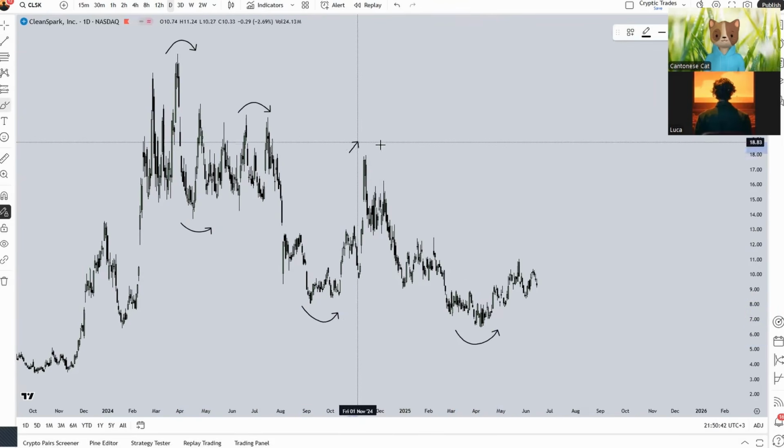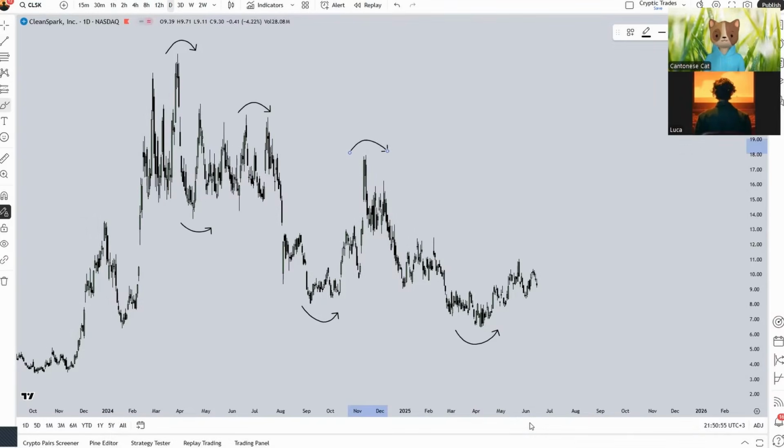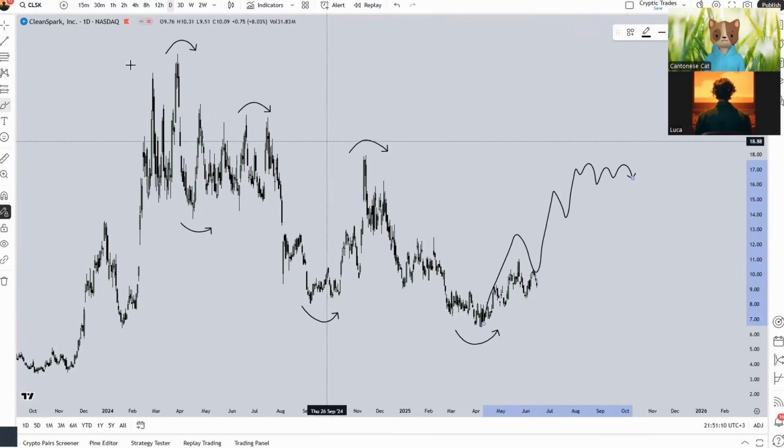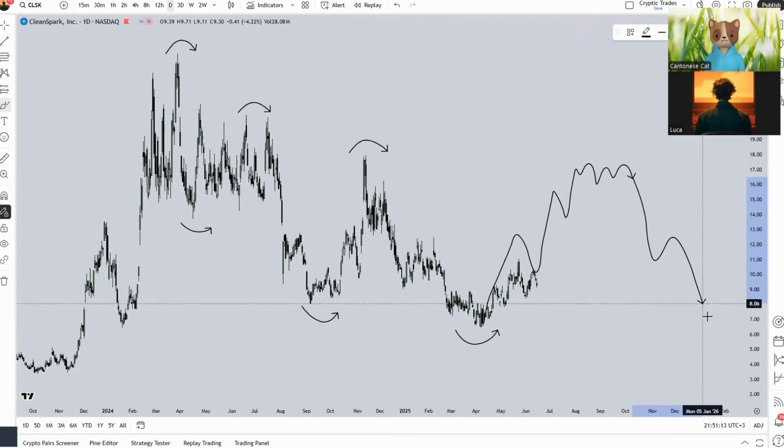So for this reason, my current base case is that we could see this next reversal ending up in a complacency phase. I'm now considering the possibility where this next reversal ends up being just a complacency phase, just as I showed in the post from the beginning of this year. This reversal would lead up to a complacency phase, something similar to this, failing to form a new high, that would eventually precede the bear market. So what are your thoughts on this?